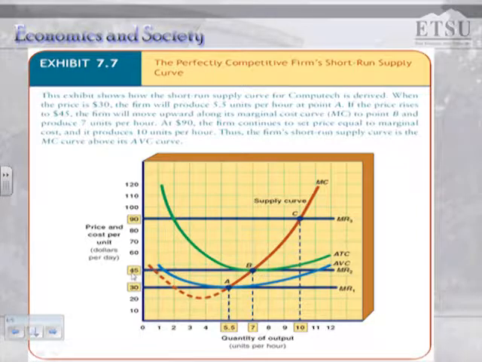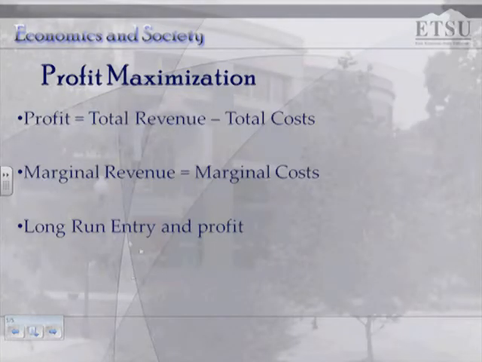So in the long run, because entry and exit is free and easy, the long run price will be equal to the minimum average total cost. And that means that all firms are earning an economic profit of zero,